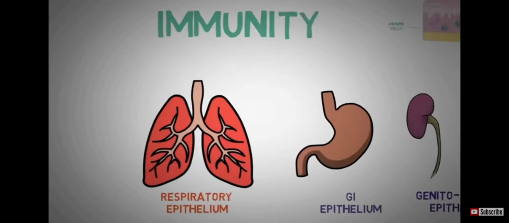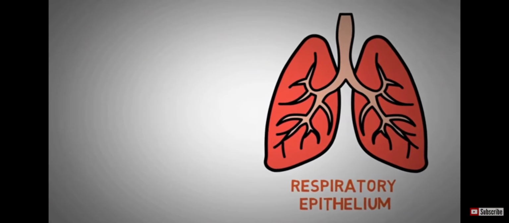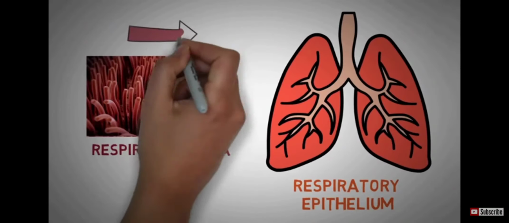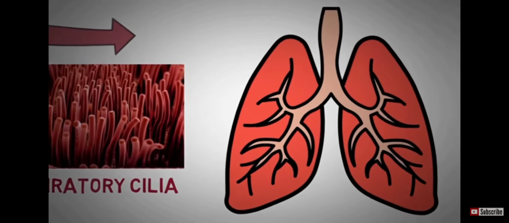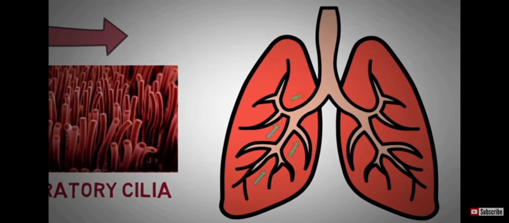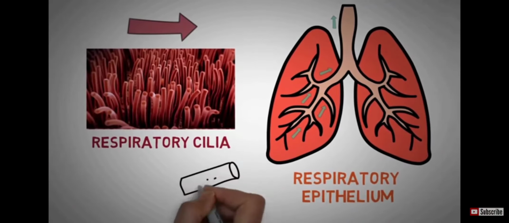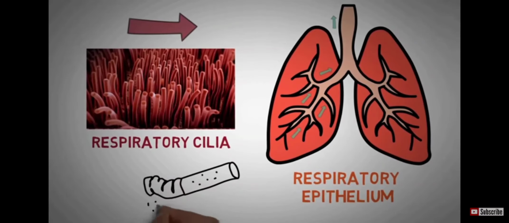For example, the surface lining of our respiratory system has these small hair-like projections that are known as respiratory cilia. A special property of these cilia is that they have a particular direction of movement, by virtue of which they remove any foreign material that may have entered our lungs while breathing. This provides a strong physical barrier that prevents buildup of microorganisms and other foreign material in our lungs. Defects in the function of cilia are very common in smokers, which leads to higher incidence of chest infections.